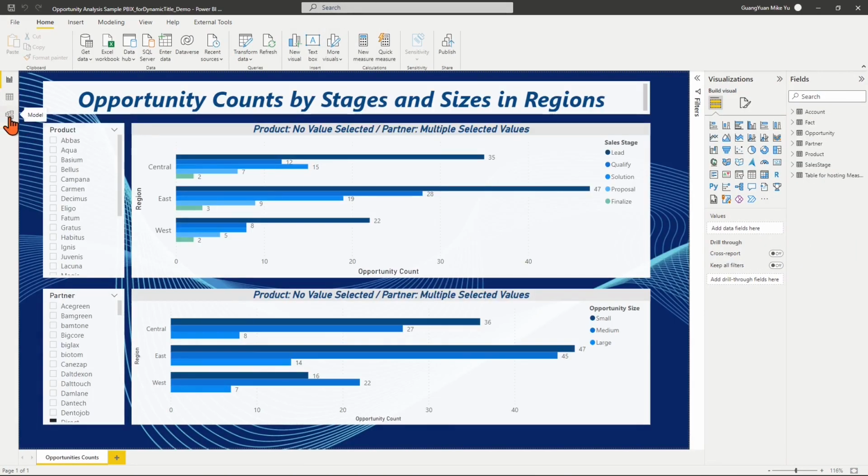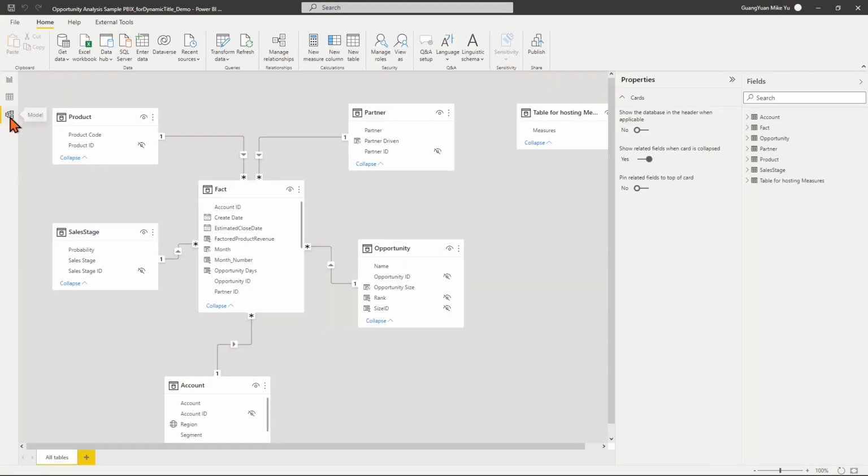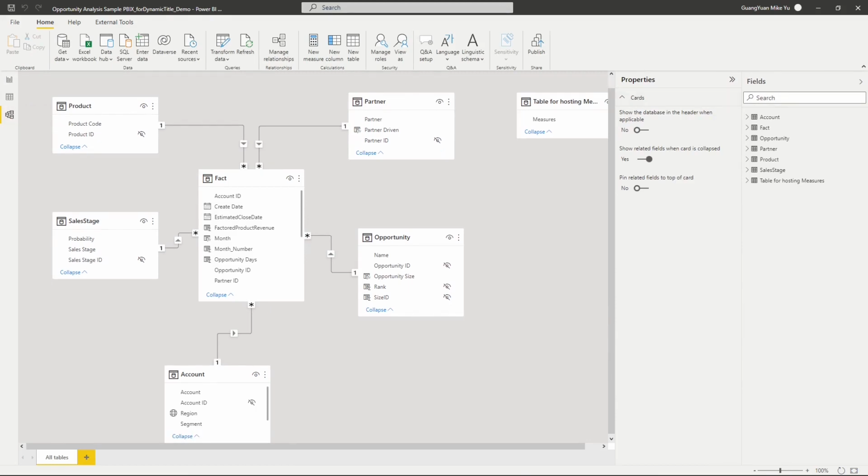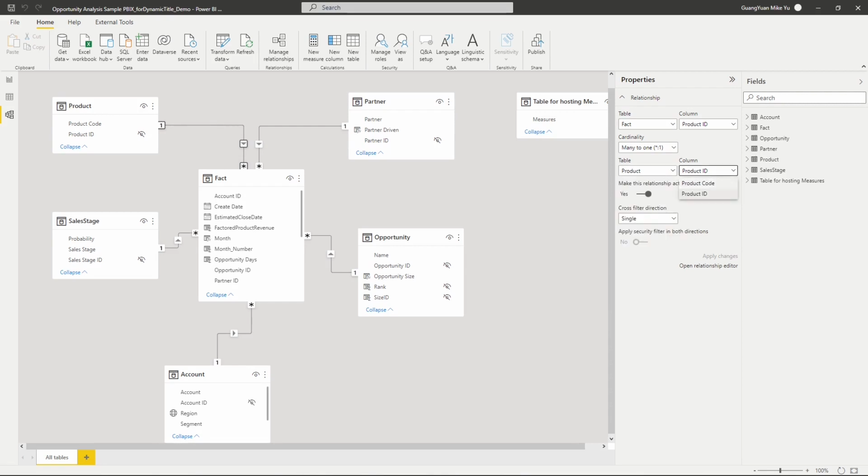Move to the Report Data Modeling view. Choose a relationship line you want to edit. Now we see the left properties pane is expanded with all relationship options. Let's modify the cross-filter direction from single to both. Apply the changes. The benefit, as mentioned by the Power BI team, is that this new editing view sends minimum queries